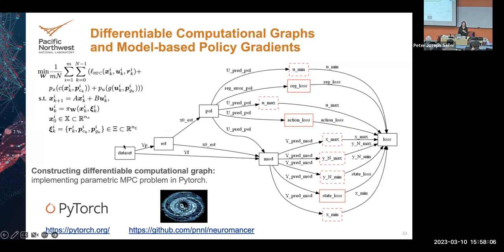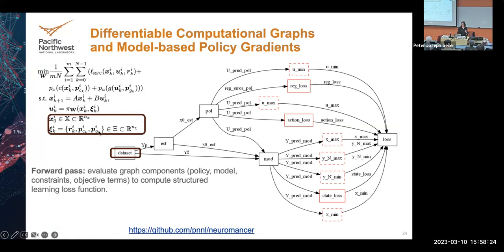So you have a data set. These are all the set points that you may want your system to track. And then you have these different representations, these different components here, like neural components, or they can be physics-informed neural components. So this is your data set, all the desired trajectories that you would want your control system to track.